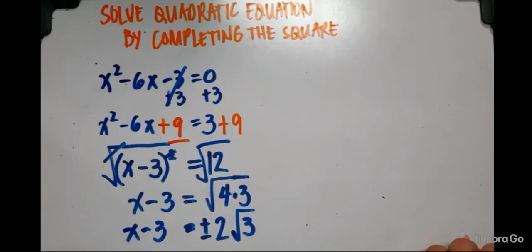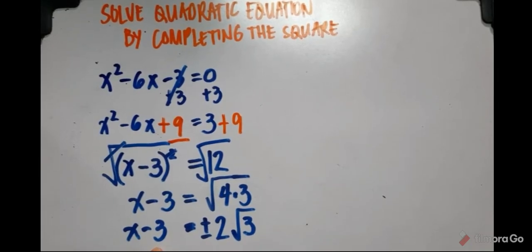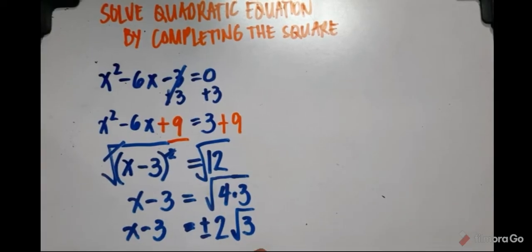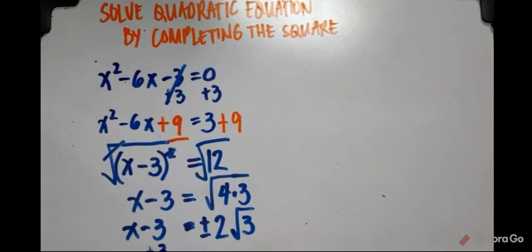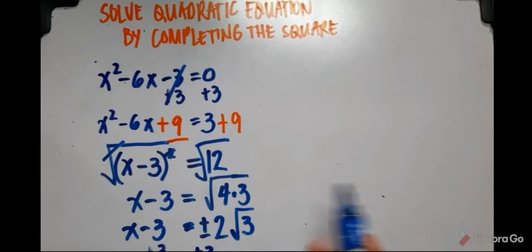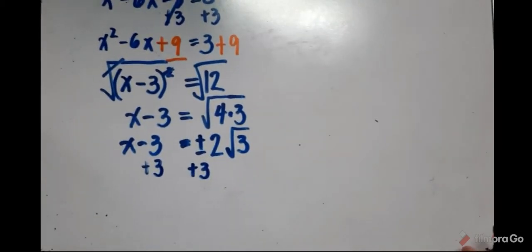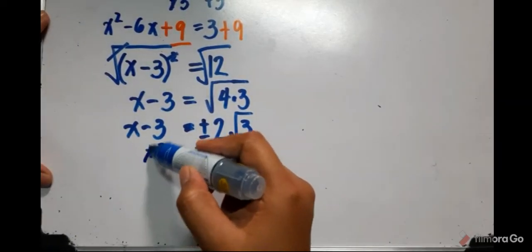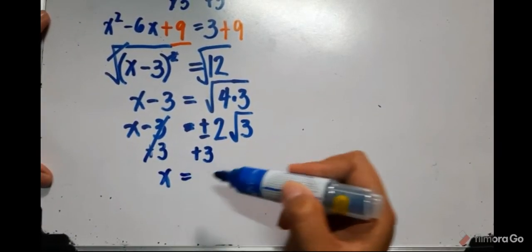Now we are going to solve for the linear equation, putting negative 3, or the constant, on the right side of the equation. So this is for us to add 3 on both sides of the equation. After that, this is now x is equal to